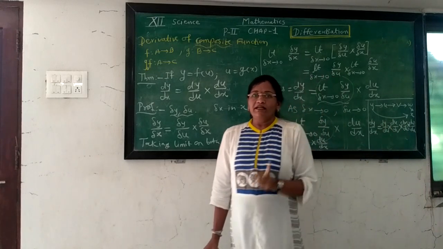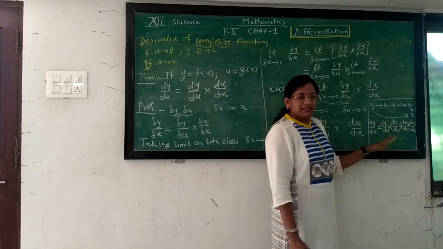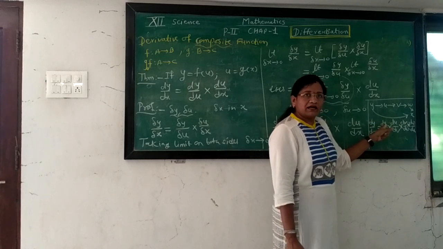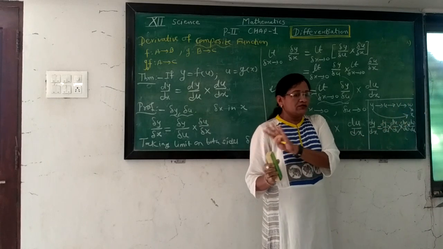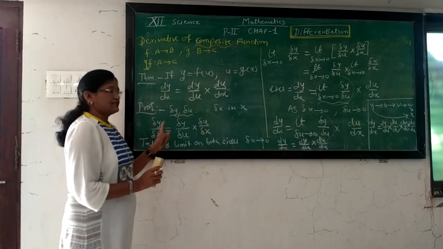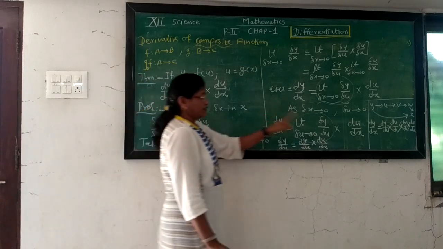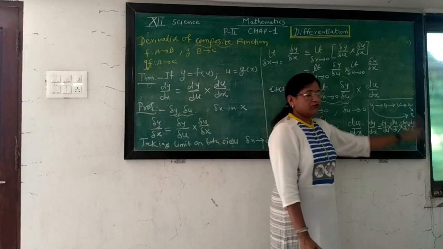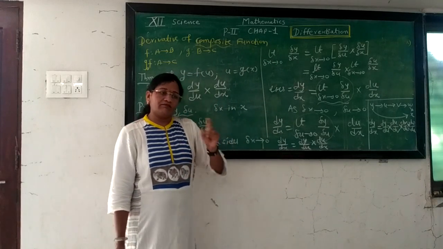but we never take the derivative as a ratio, dy divided by dx. In general we say that the function is dy by dx, meaning the derivative of y with respect to x; we never take dy as a first term which can be divided by dx. So the derivative is never a ratio. Only delta y by delta x, delta y by delta u or delta u by delta x are ratios of increments, but we take the derivative as the derivative of the function y with respect to x, and that can be defined for the chain rule. This rule is also called the chain rule. The derivative of a composite function is nothing but the chain rule.